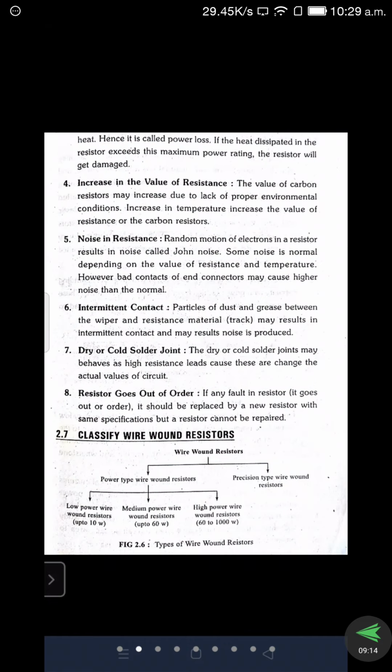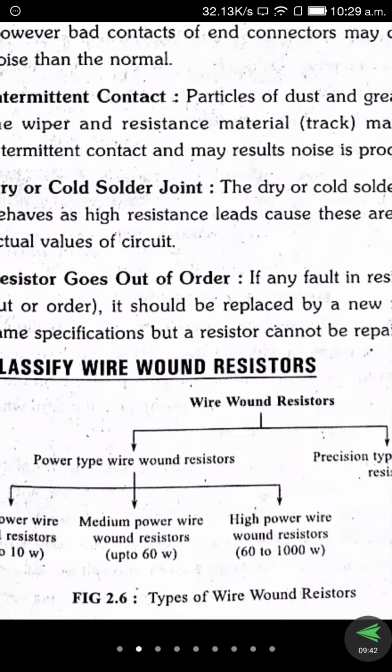In olden days they made them like that, but now as technology has increased, small regulators with capacitors are used nowadays. But when you see old government offices or anywhere, the regulators are of a larger size. If you open one, you can observe a green color rod. That is what we call a wire wound resistor, right? So this is the basic classification.